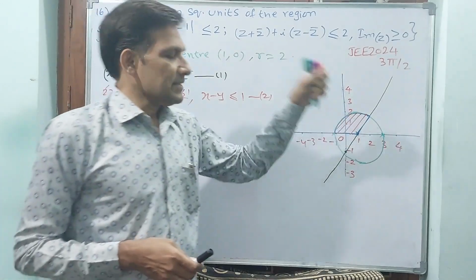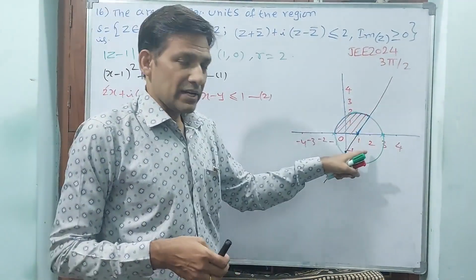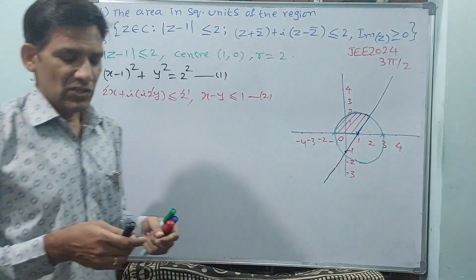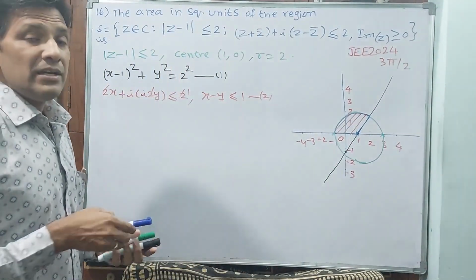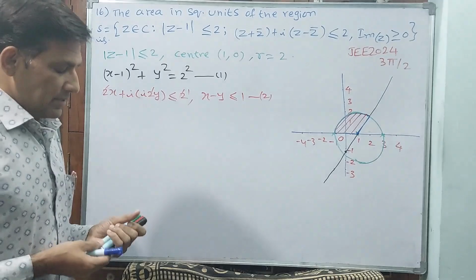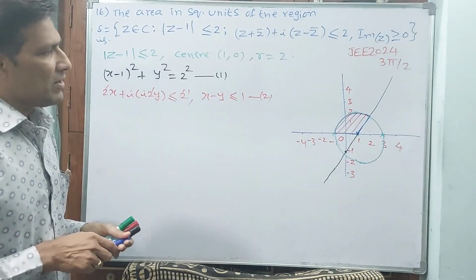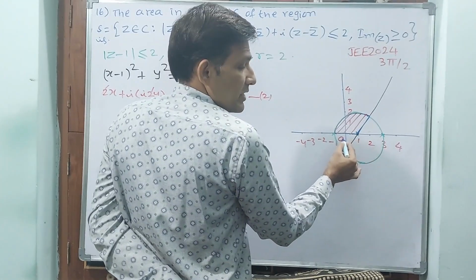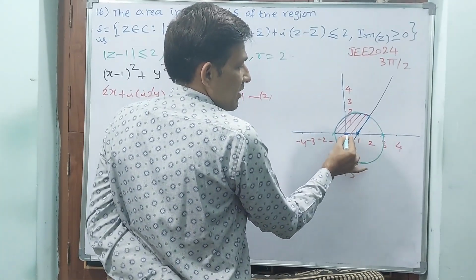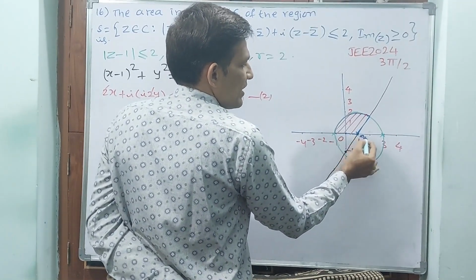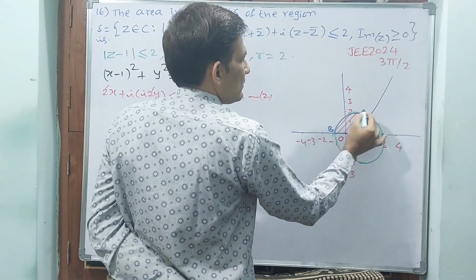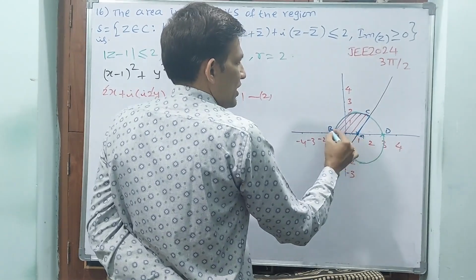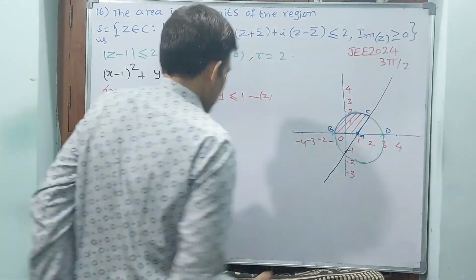How to calculate this area? Why? Because see, a semicircle we can calculate, a full circle we can calculate, but how to calculate this area? Is there any hint or any method? Yes, some method is there. I will take this y, I don't take O, because here O is your origin. I will take this as A, B, C, D. A, B, C, D, A will be your required area.